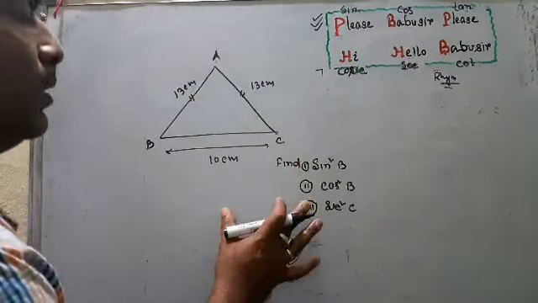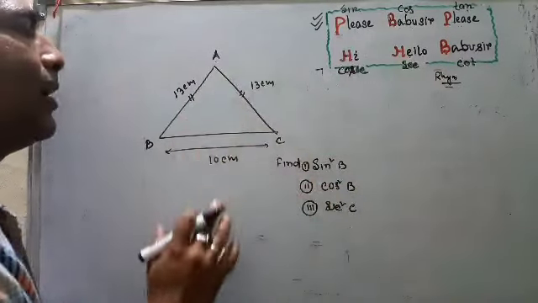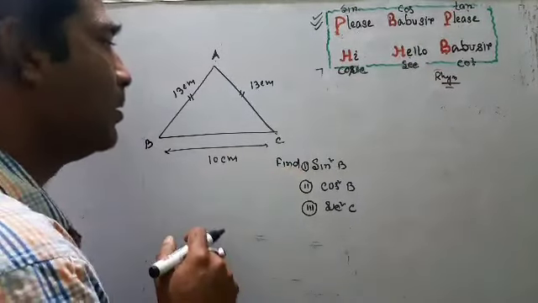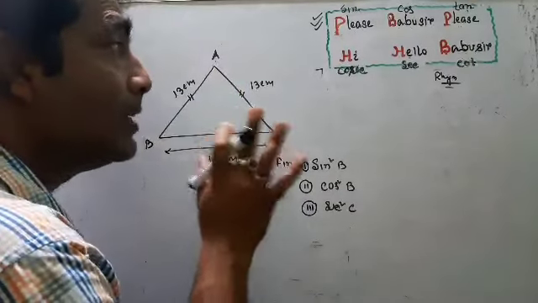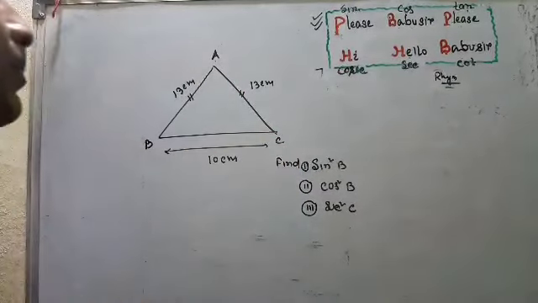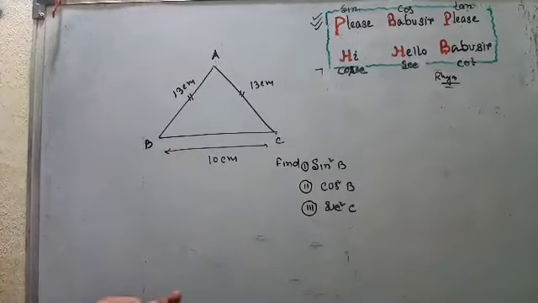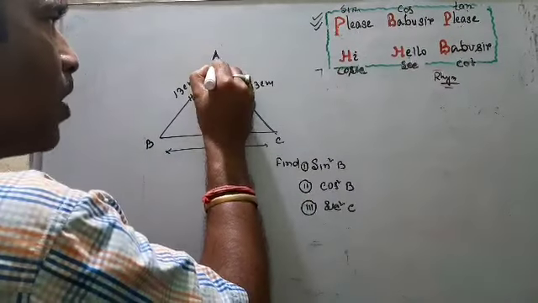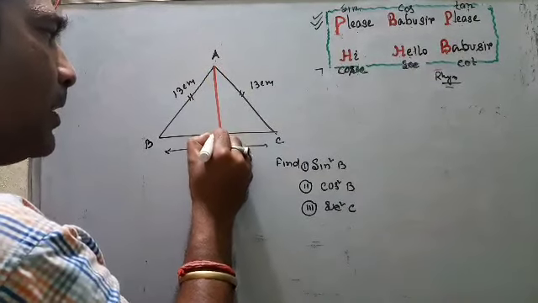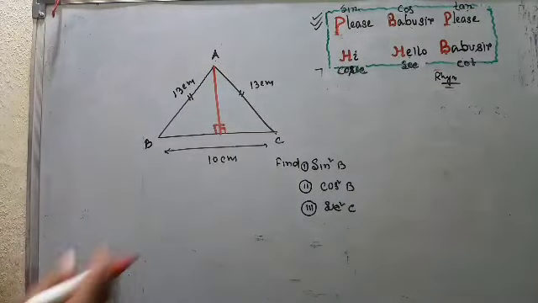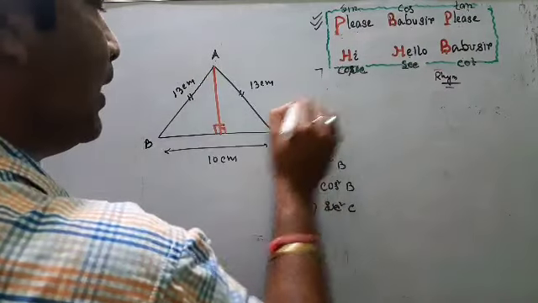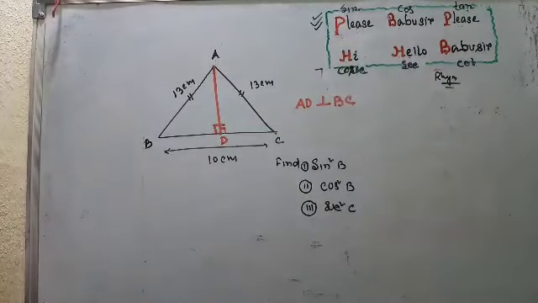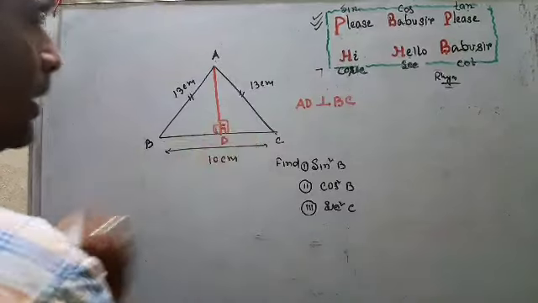So sir, you tell that ratios are always related to right angle, but this is not a right angle, then how do you do it? I also tell one more thing: there is a right angle here that is hidden. You have to search, where is my right angle? Because this is an isosceles triangle, you do some construction. Just draw a line perpendicular to BC, and perpendicular means 90 degree. So you write AD perpendicular BC. So when it is perpendicular, this is 90 degree and this one also 90 degree.